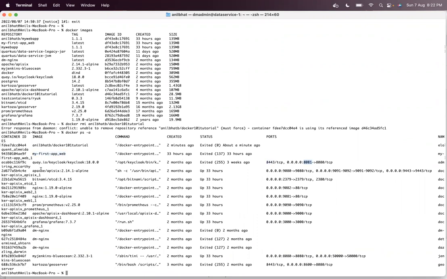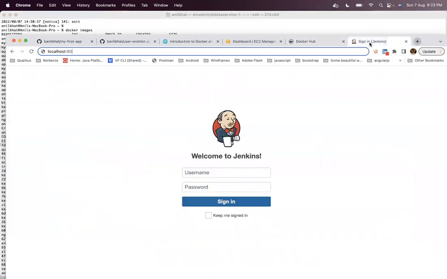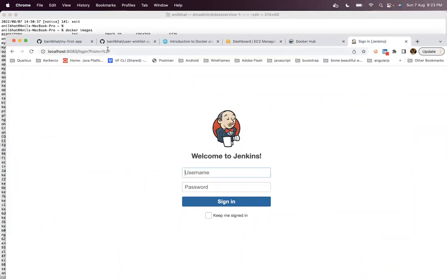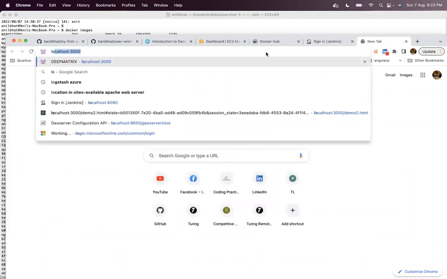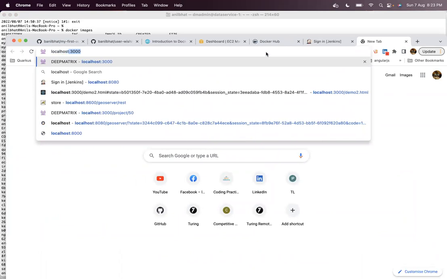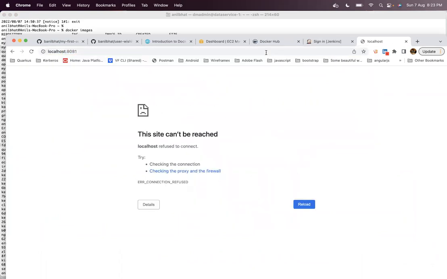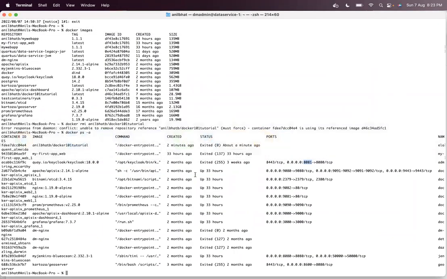You can say that there is an instance of a container called Keycloak, which is running on 8081. So let me try. I can show you this container is the Jenkins container, which is running on port 8080. And there is another container, 8081, right? Okay, this is not running. It is in exited mode. Maybe I can start it again and then it will run.